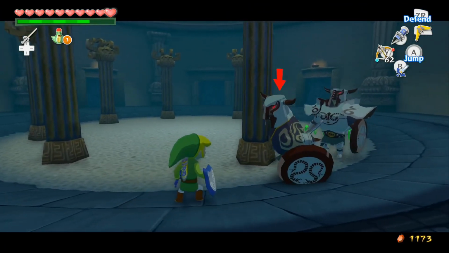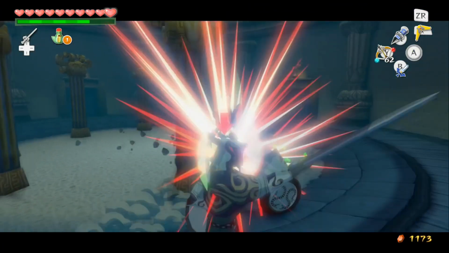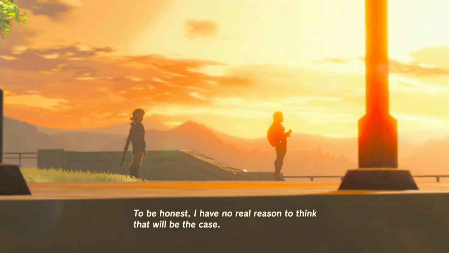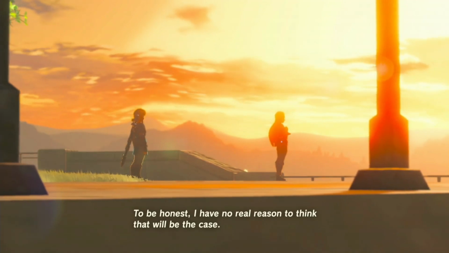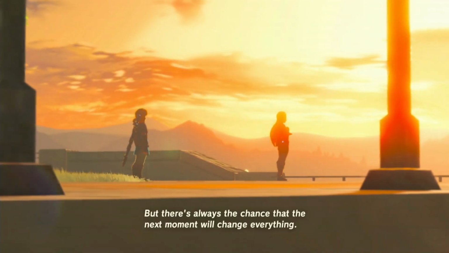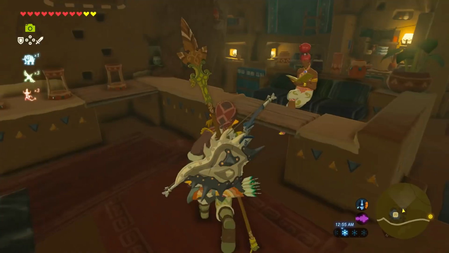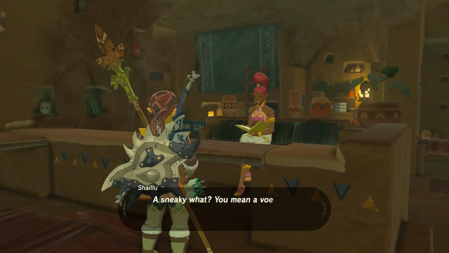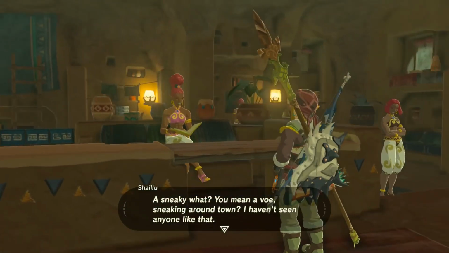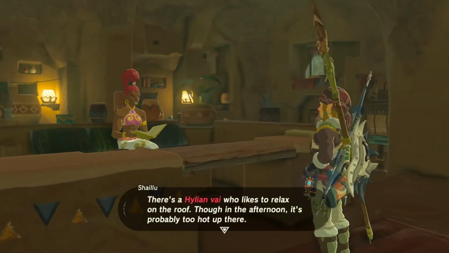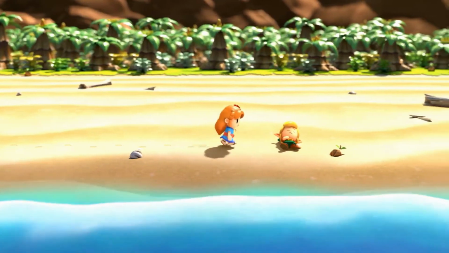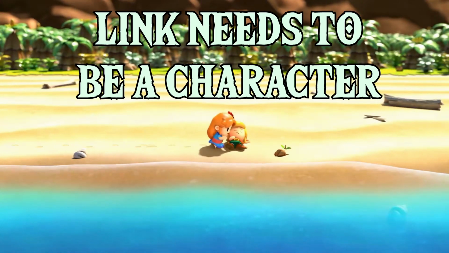He is the one going and doing all the objectives to get to the end of the game to save the day. Even in Breath of the Wild, where it is a mostly Zelda-centric story, she is not the character that moves the plot forward. She is not the one saving Hyrule. And if Link shows up to all these different towns and can't say what he wants, what he needs, or how he can help, it's gonna make writing him so difficult. And because he's our main character, we need to actually develop him.